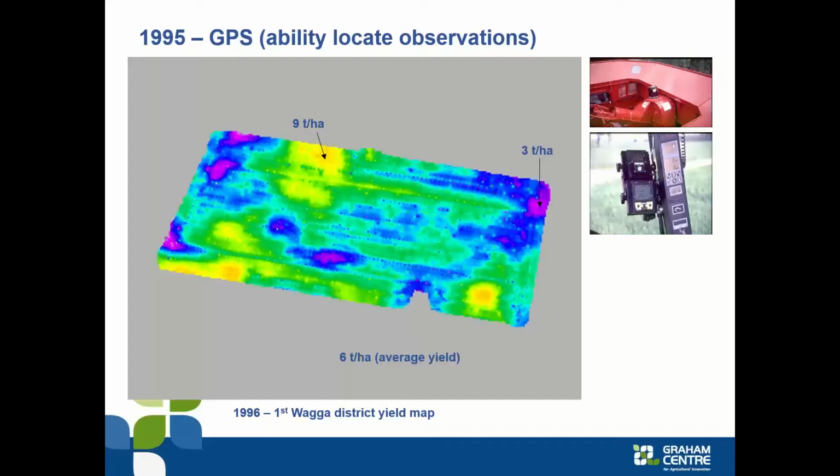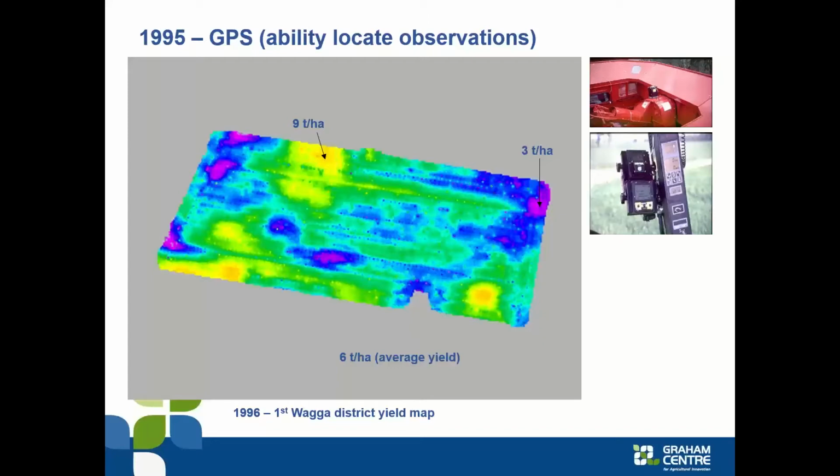And possibly the thing that stirred most interest from a farmer perspective was the availability in 1996 of yield mapping. What we have here on the screen is the very first yield map, the very first paddock that I yield mapped in 1996 on a farm about 10 kilometres west of the university here in Wagga. 96 was a pretty good year, and this particular paddock averaged 6 tonne to the hectare, but within that paddock, there were patches that were going 9 tonne and other patches that were going 3 tonne to the hectare. So it was really quite an eye-opening picture, I think, for most farmers, advisors, researchers, just the extent of the range of that variability.